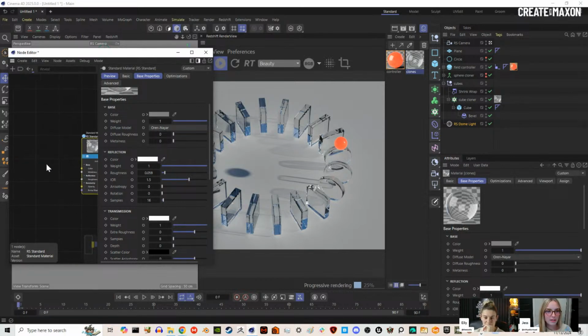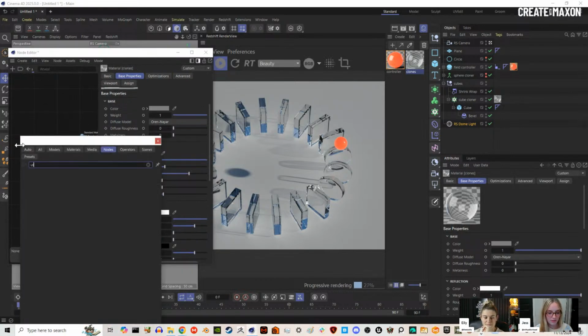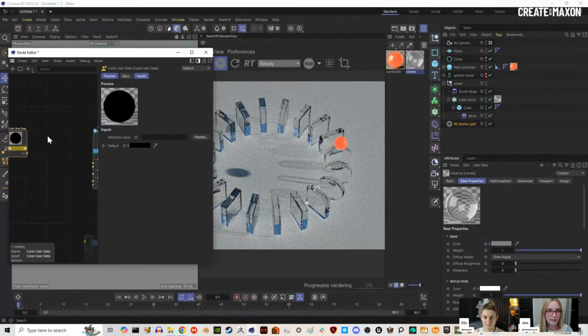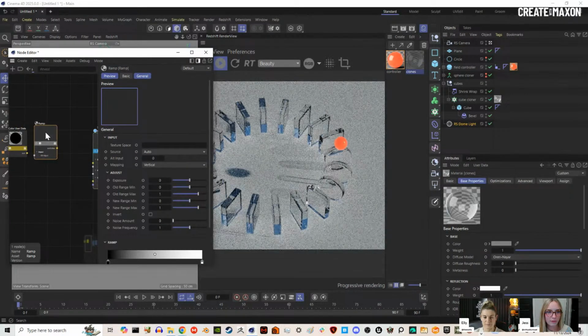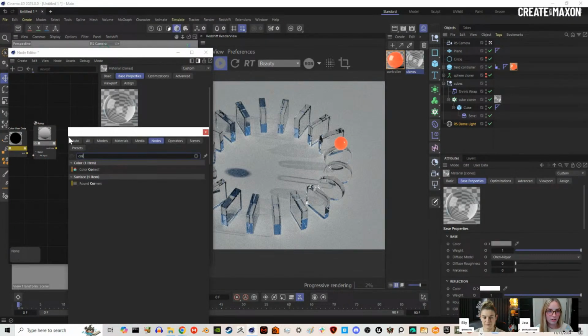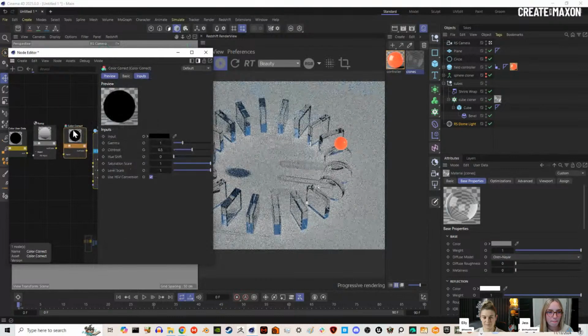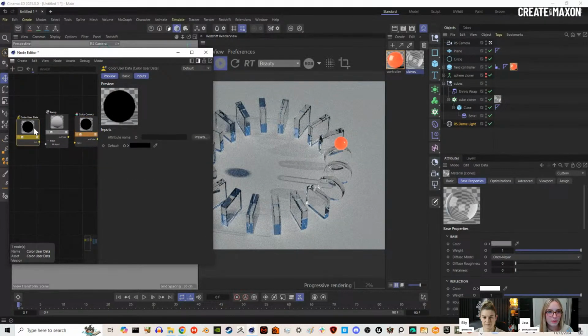So you guys probably saw this in the last stream. You know I like to use the color user data node. And I like to use ramps and color corrects. So I'm going to grab both of those nodes, dragging a ramp and a color correct node. And the user data is what we can use to assign a random color value to each of our clones